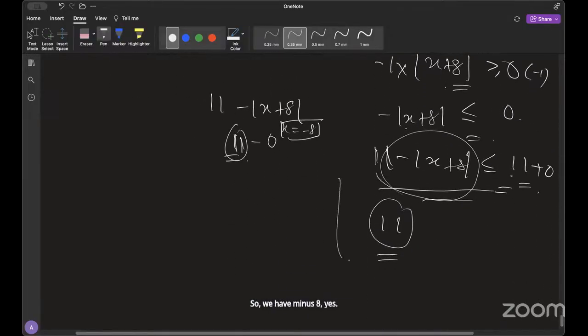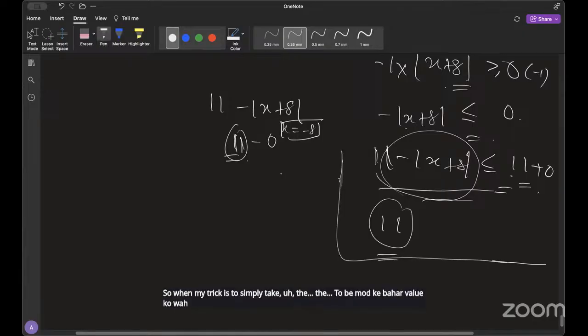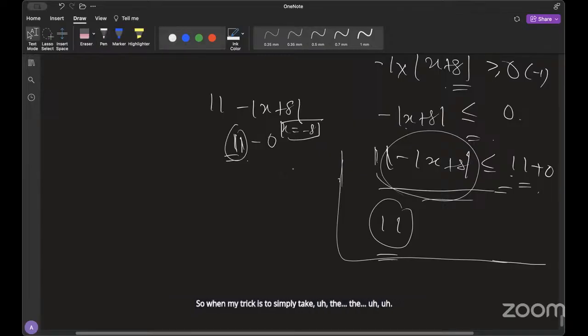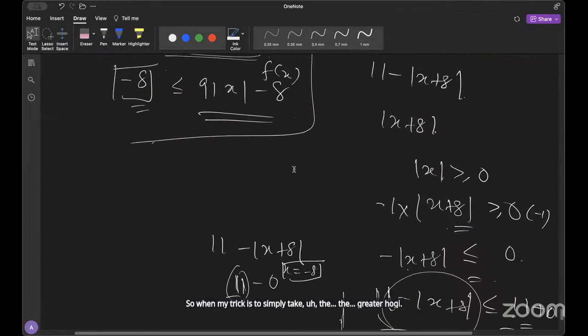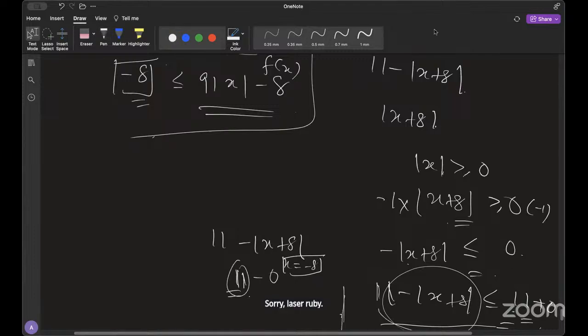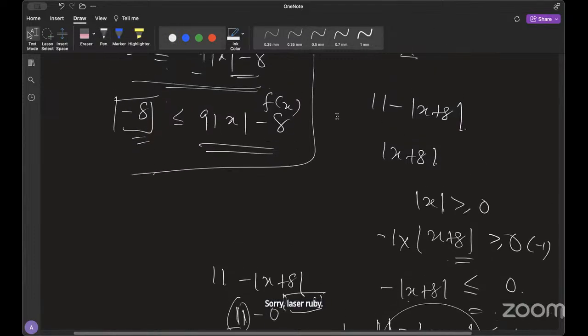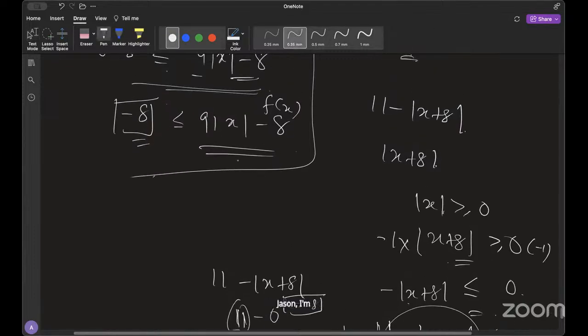Yes. So ma'am, my trick is कि simply take the जो भी mod के बाहर वैल्यू हो उसको वही टेक कर लो, वही फंक्शन से ग्रेटर होगी, सॉरी लेसर होगी. जैसे मैम 9 mod x ग्रेटर देन और इक्वल टू -8, और सेकंड एग्जांपल में आपने 11 लिया, 11 ग्रेटर देन